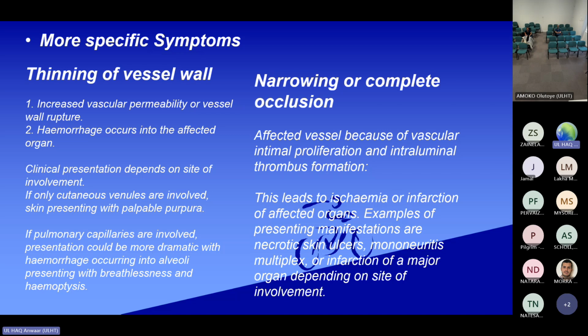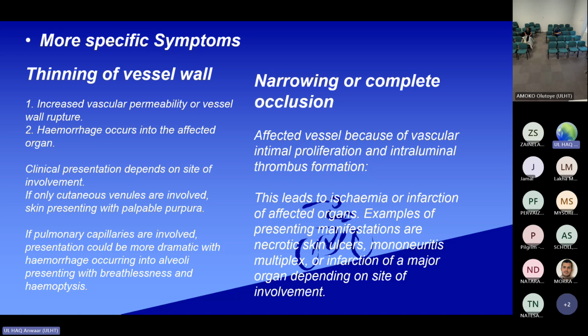Sorry. Then we have the more specific symptoms. As I previously explained, these are the more specific symptoms that can come with the two outcomes. The first is the thinning of the blood vessels. When there is a thinning of the blood vessels, the blood vessels become more and more prone to rupture. So the blood vessel has increased permeability, it can easily rupture, and the hemorrhages can affect different parts of the systems. So commonly we can see subcutaneous hemorrhages that present as petechial hemorrhage and palpable